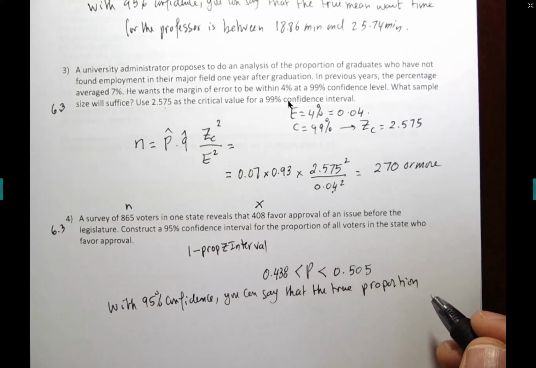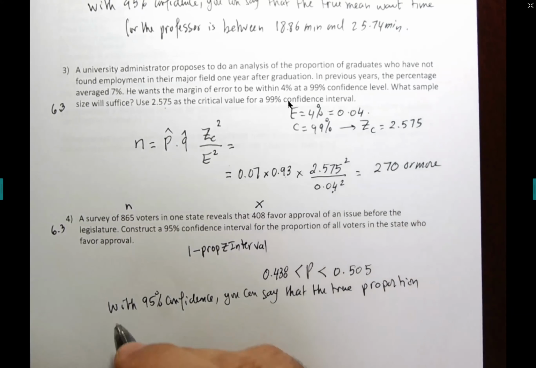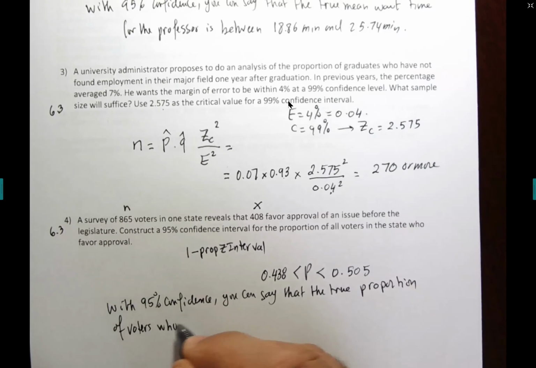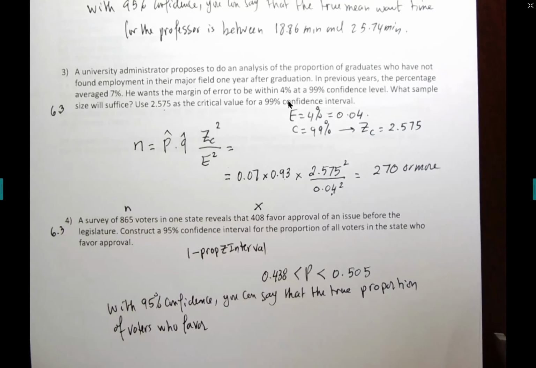You do a confidence interval for the population proportion, guys. We already know the information about the sample. Any statistics we do, we don't do it for the sake of the sample. We do it for the sake of the population. That the true proportion of voters who favor, I'm just copying and pasting the language, approval